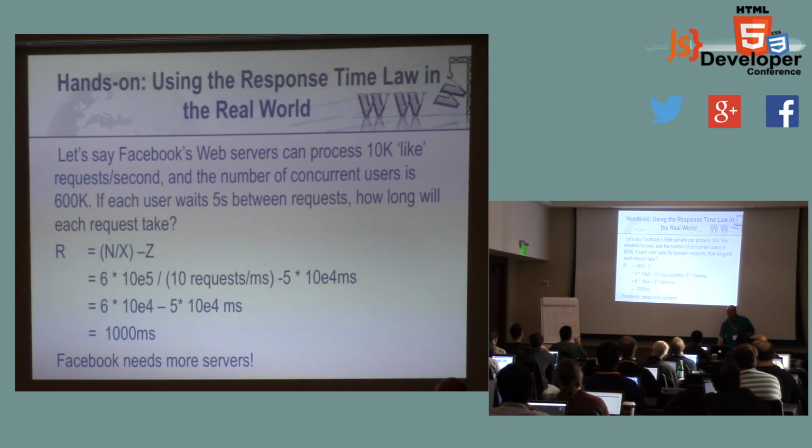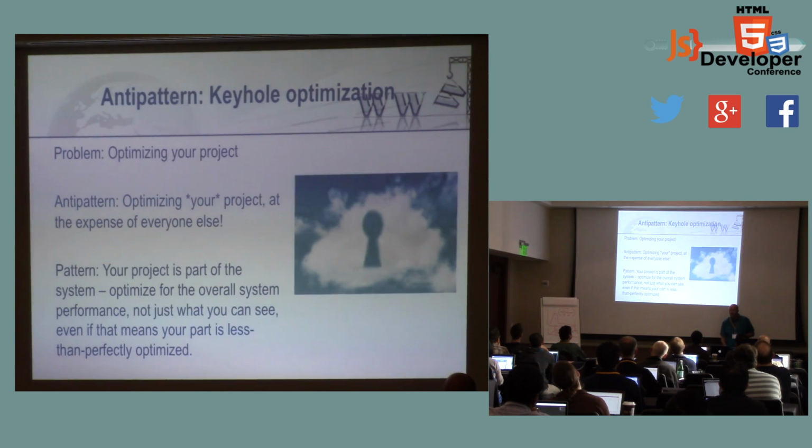Sir? Is this assuming that all 600,000 users are doing a like every 5 seconds? Yeah. Now that's a little bit idealized. We don't just sit here in herds of 600,000 each and type like, right? But we know that we have an average throughput number for our website, right? And that's all we need to know. If we want to calculate these things over the period of an hour or a day, it doesn't really matter. All we need is the average throughput over that period.